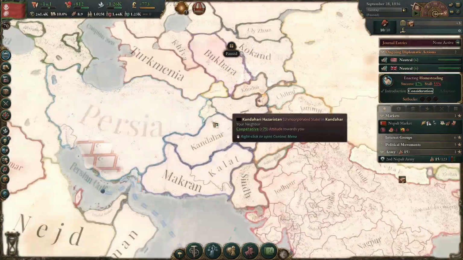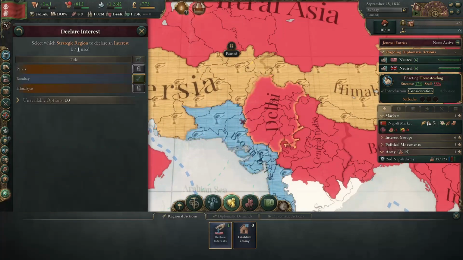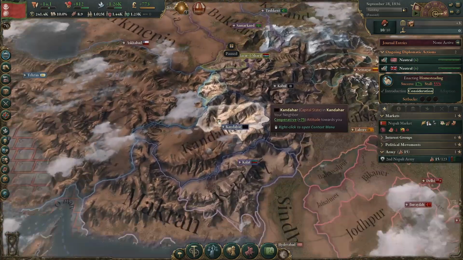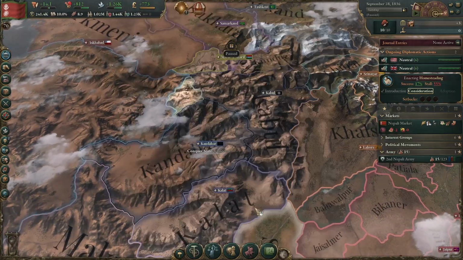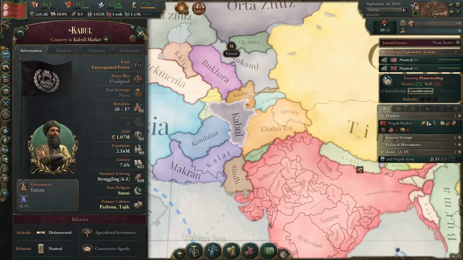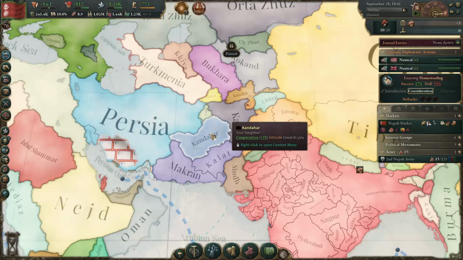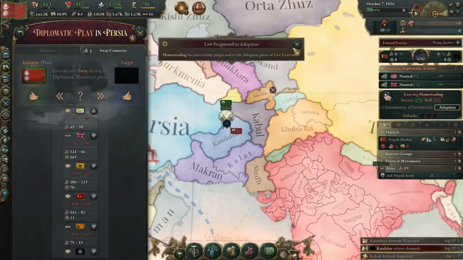Alright, with Hazaristan under our control, the next thing you're going to want to do is go into your Declaration of Interest and make sure you got Bombay done. I've already got mine done for this game, so that's good. Then you're going to want to attack Kandahar. The reason why we're going for Kandahar and not Kabul is simple: Kabul is still a little bit stronger than us. And another thing that's very important is that by attacking Kandahar, we once more get...